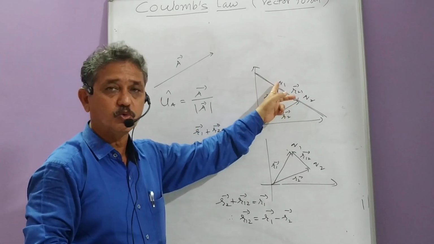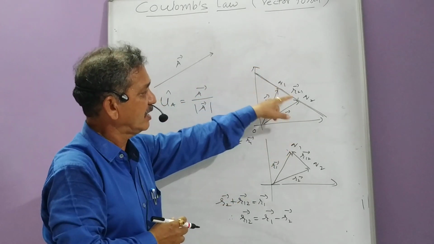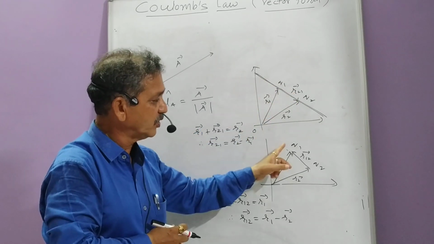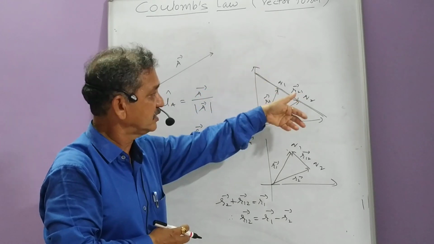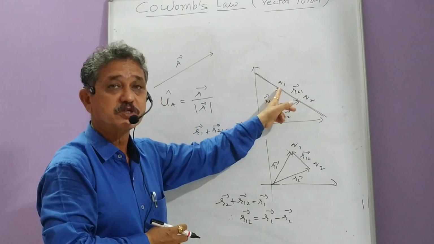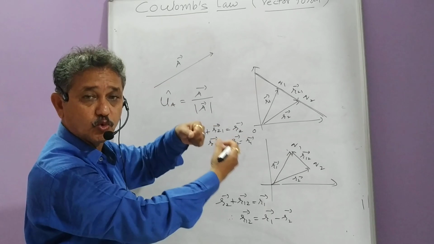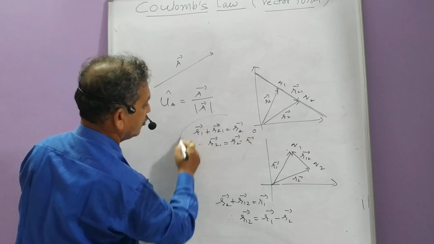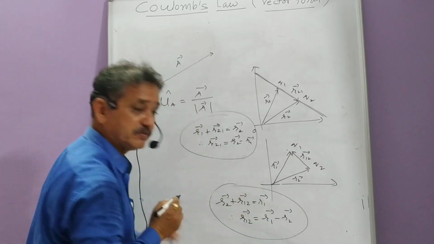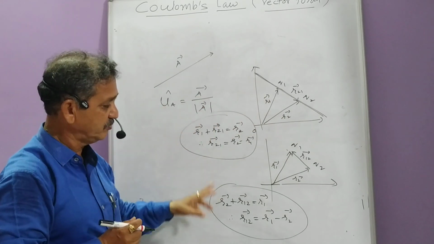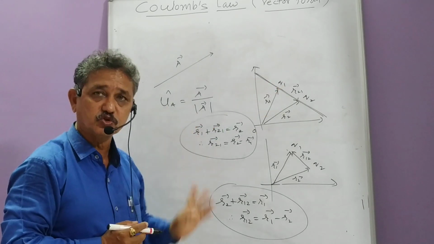If both charges Q1 and Q2 are positive, these forces are repulsive. If both charges are negative, again the force is repulsive. But if one is positive and another is negative, then it is an attractive force. As it is an attractive force, one charge comes towards the other charge. As it is a repulsive force, both charges try to go away from each other. So we remember how vector R1, R21 and vector R12 can be taken. We remember these two diagrams, which will be useful for determining the vector joining the charges Q1 and Q2.